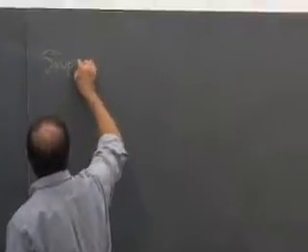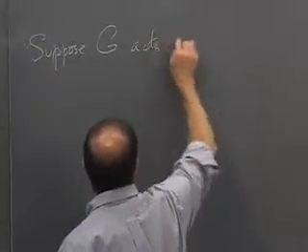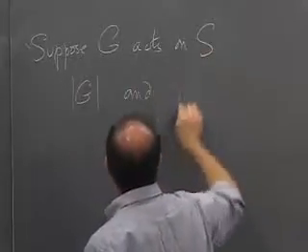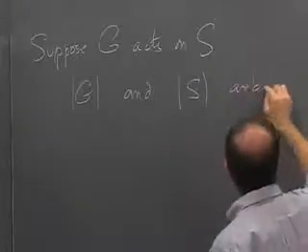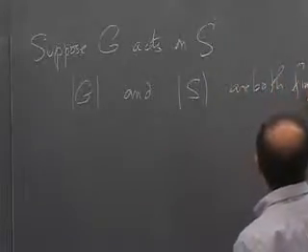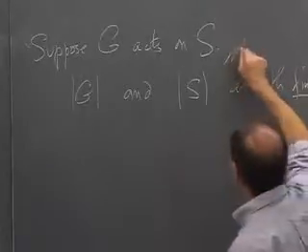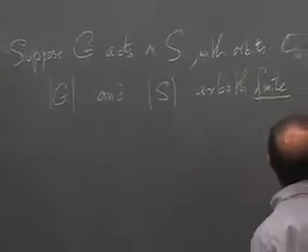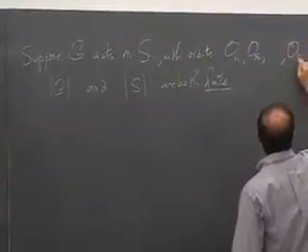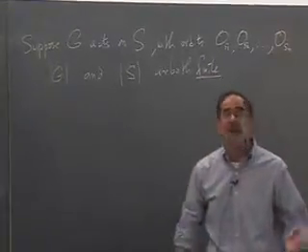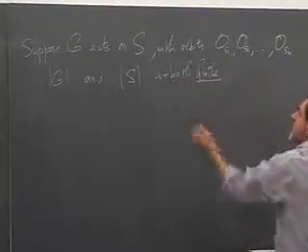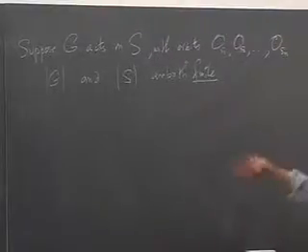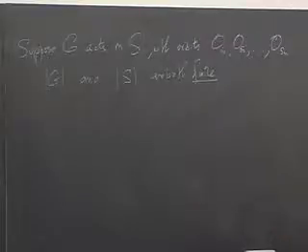Suppose G acts on S, and the order of G and the order of S are both finite, with orbits O_S1, O_S2, up to O_SN. So the first thing is there are only finitely many orbits, because there are only finitely many elements in the set. So there are fewer orbits than there are elements in the set. The worst possible case is that every element is in its own orbit. And then